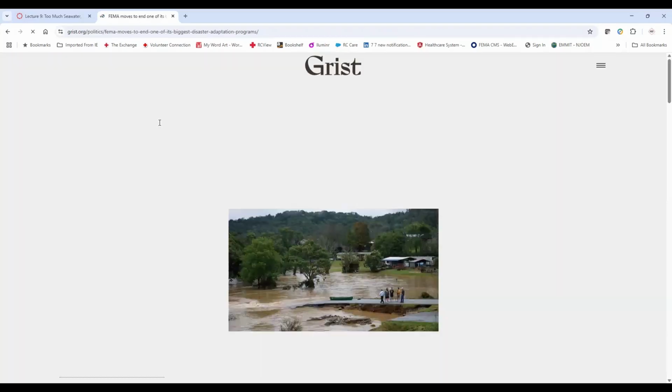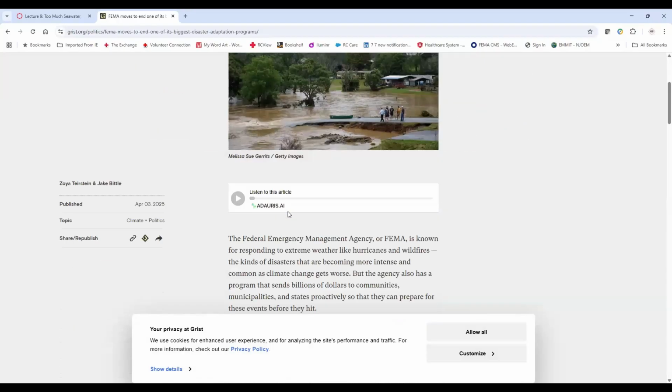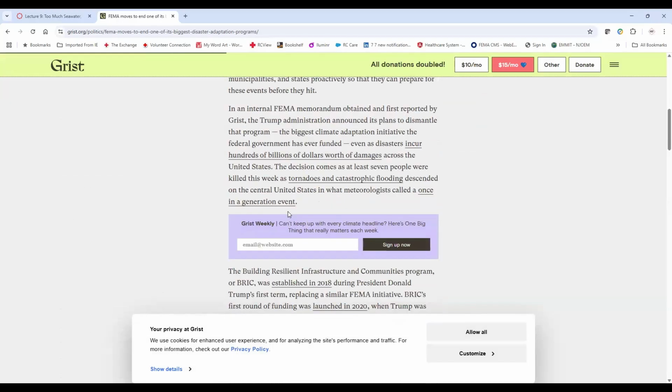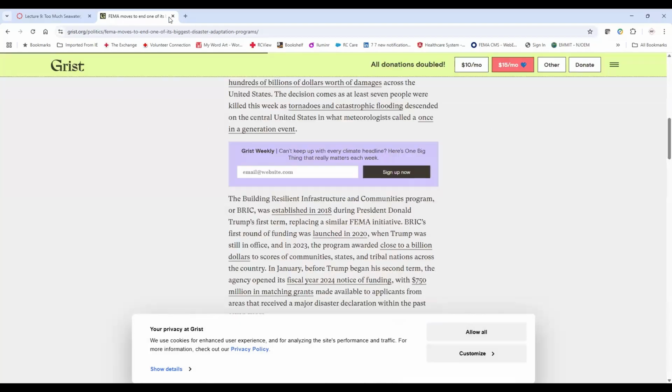Yeah, here's the story: dismantling the BRIC program. I saw something the other day about this. I should have taken a snapshot of it. It was another state that had a dam project that basically is going to have to be canceled. I think part of it also had a tsunami warning tower and a bunch of other features. It was a $50 million project, but it was going to reduce flood insurance premiums on the community, impacting hundreds of homes, by more than $1 million a year.